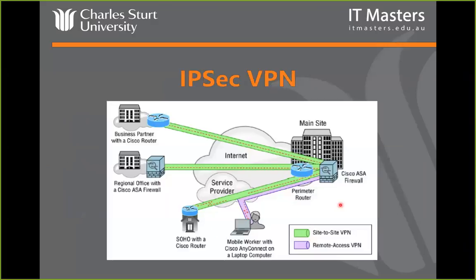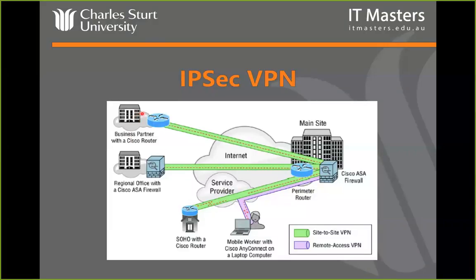So if we quickly look at IPsec VPN, I'm sure we're all very familiar with this. But basically this is how it looks. Clearly we have a few different examples of the different ways in which you can connect via a VPN. So you can have a perimeter router and a firewall sitting behind it at your main site. Now, VPNs can easily terminate on a router. In this case, we're terminating on the ASA, which is behind the router, but it could equally terminate on the router as well with an appropriate IPsec feature set.